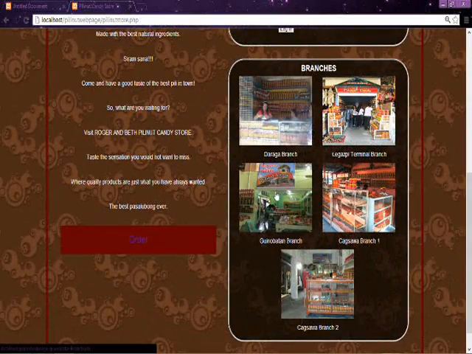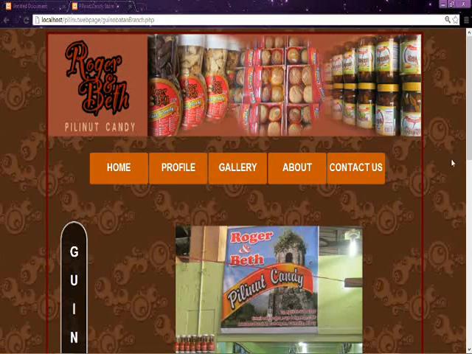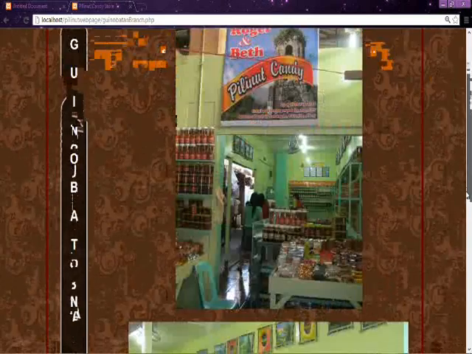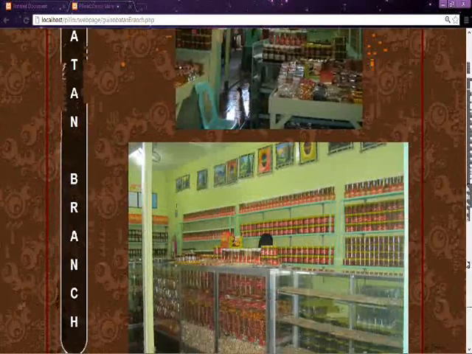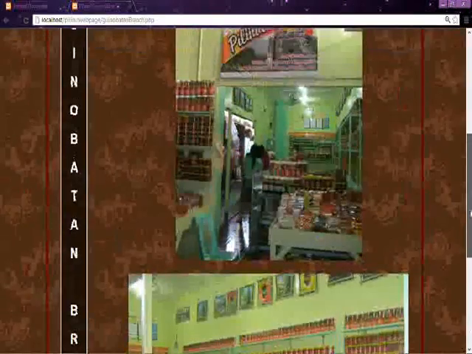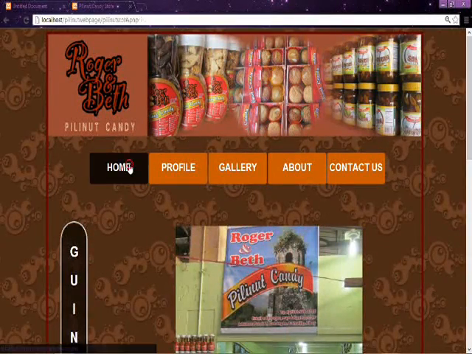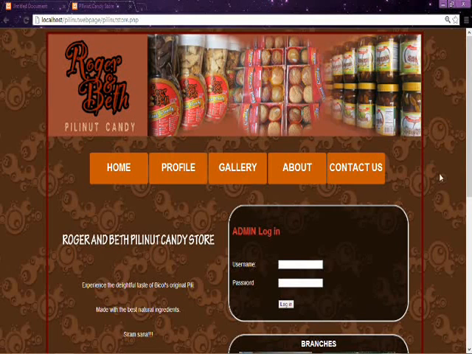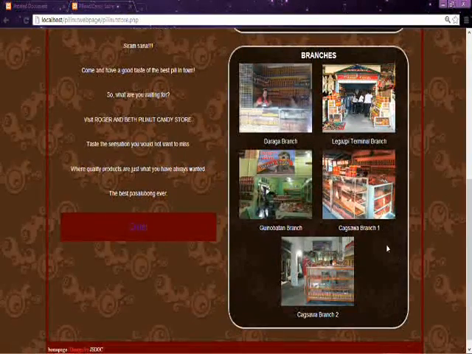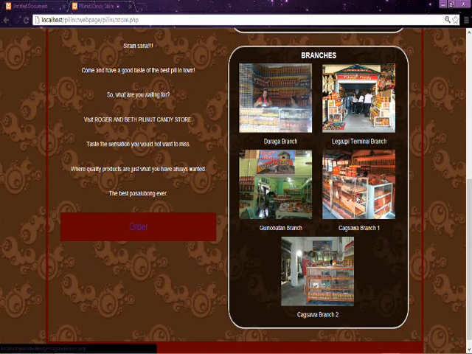Third is Ginubatan branch, which is the largest branch. The fourth will be Cagsawa branch.